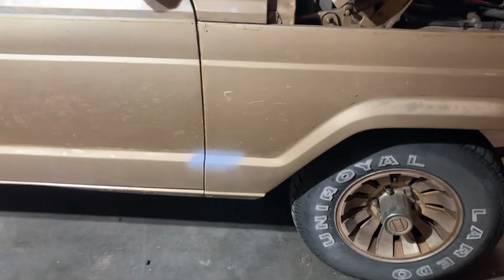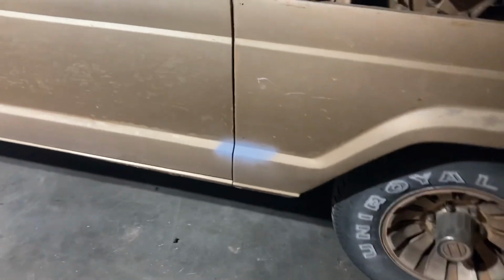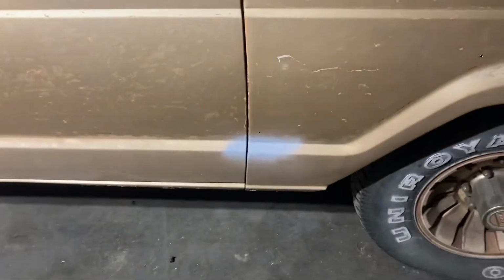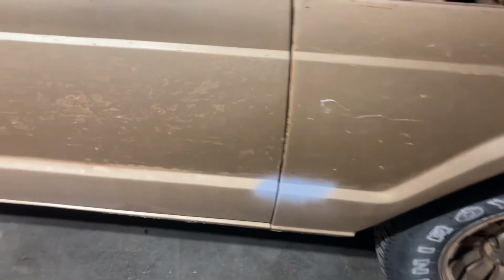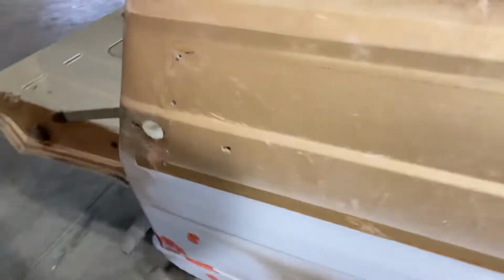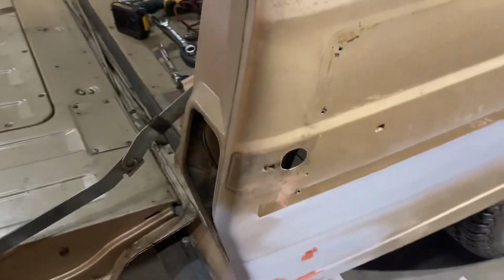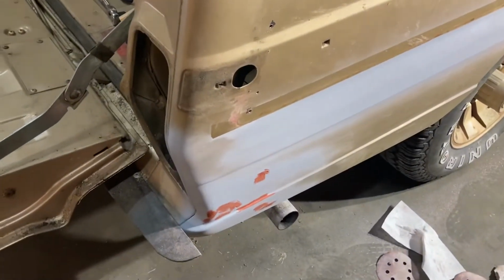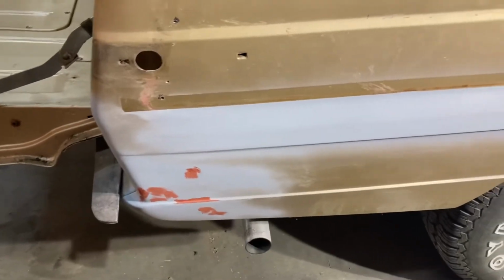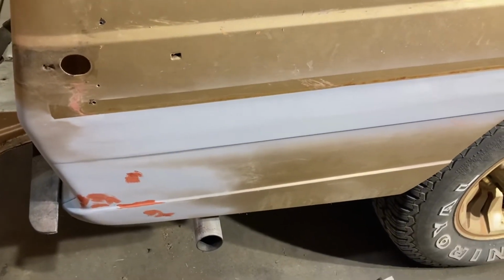So we're pretty close to getting this painted. Kind of gone around and found any spots that have rust, and we're putting primer over it after sanding it and doing a little bit of Bondo work here and there, just filling in some small holes. And this spot was apparently previously damaged because I found some old Bondo work. So just touching that up, trying to get rid of some small pitting, especially where there were some rust spots